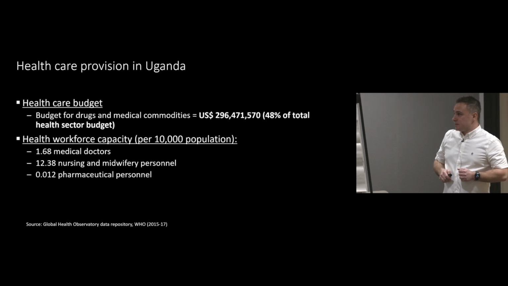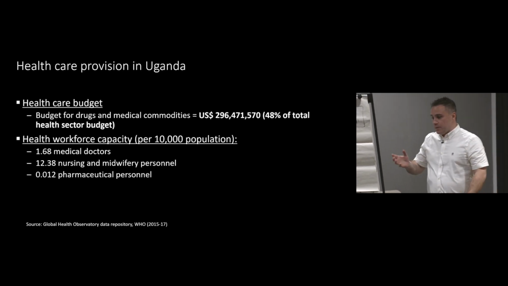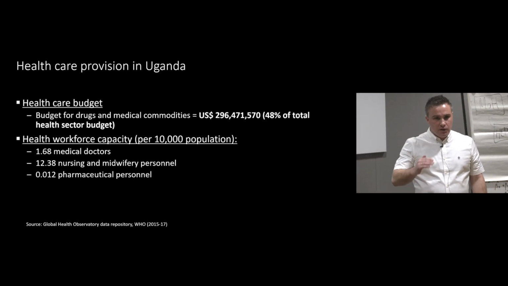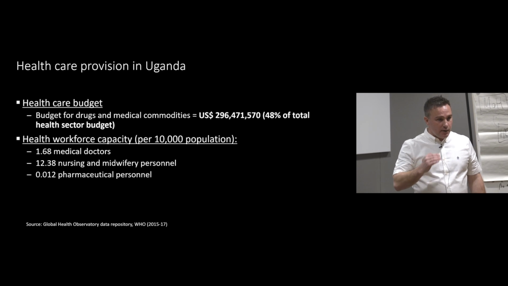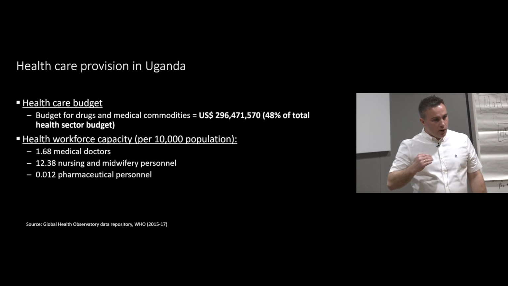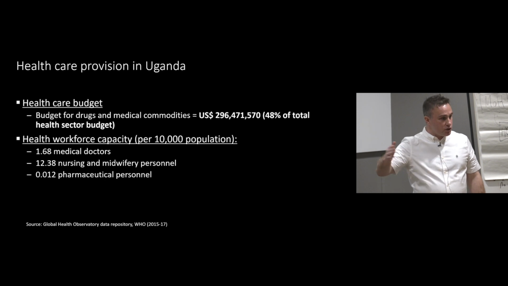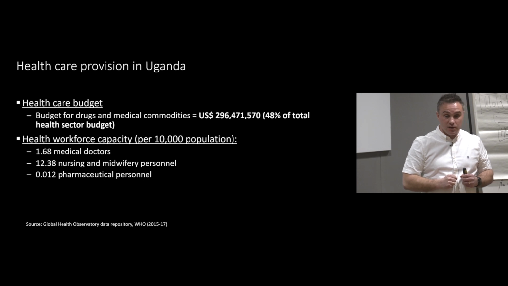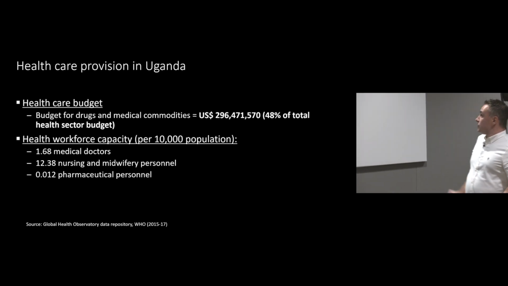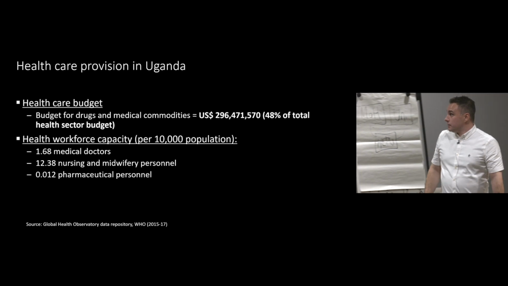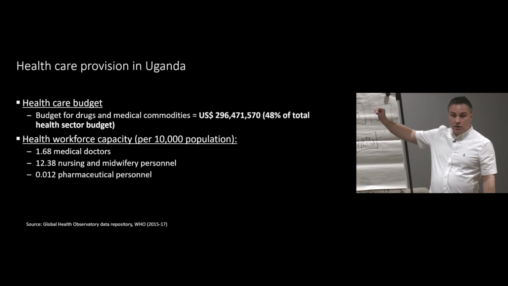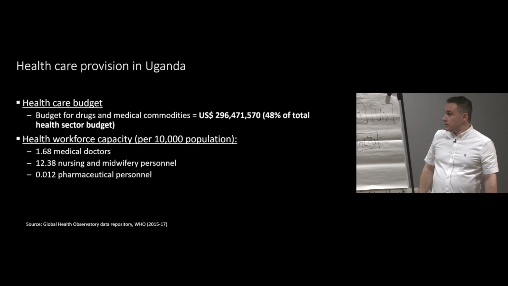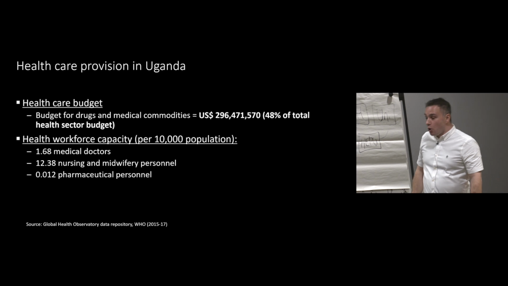Firstly, expanding optimised packages of care. And this came from a direct request by the Ministry of Health in Uganda, who wanted to know from their annual budget how they should prioritise across a whole range of interventions to ensure they have the greatest gains from their annual spending on drugs and commodities. They had just shy of $300 million per year to spend on drugs and commodities, which represented about half the health sector's budget. But more than that,